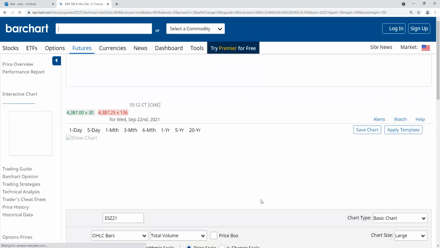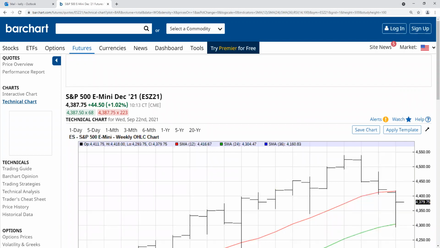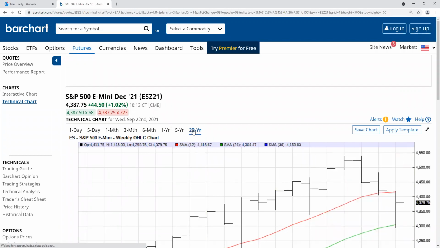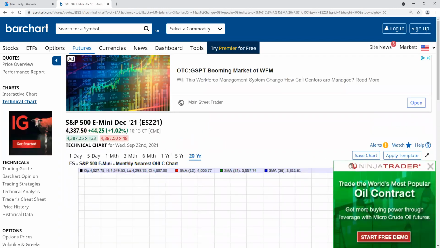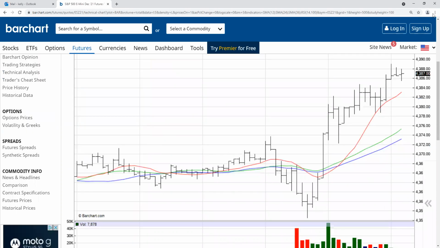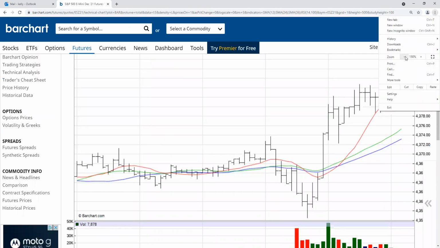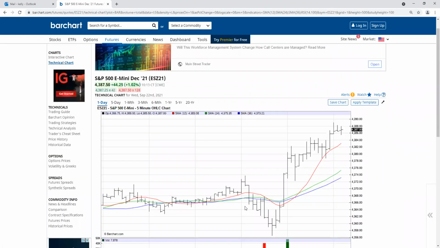Okay, I got my other graphs up here, so I'm going to go over some things right now. We want to talk about trading the news. Okay, let's start talking about trading the news. What I like to do is you can use a one-day graph here. Now I'm going to reduce this one because I think it's too big for you. So I'm going to reduce it so you can see it better. That should be better. Okay.